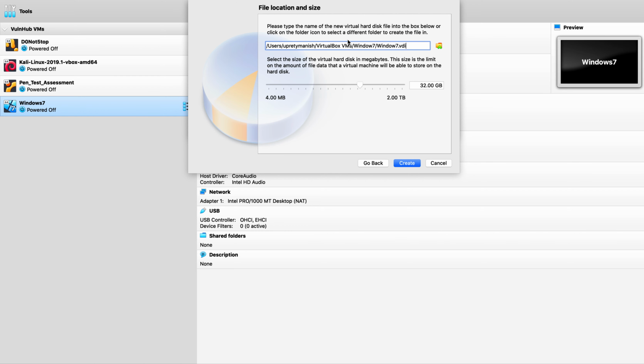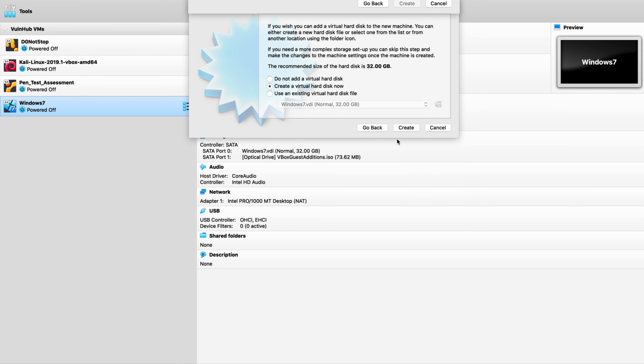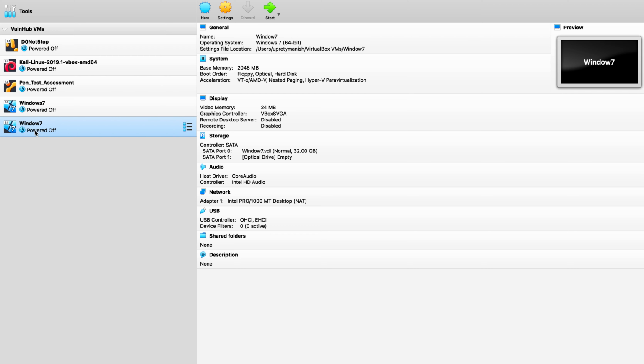So yeah, and this is my location where my folder will be created. Yeah, it's in my username, and it's under VirtualBox, Windows 7. So this is basically my path for locating my virtual hard disks. So what size can I give? Any size according to the available resources in my MacBook. So now I'm just giving 32. It doesn't matter basically. Yeah, you can see